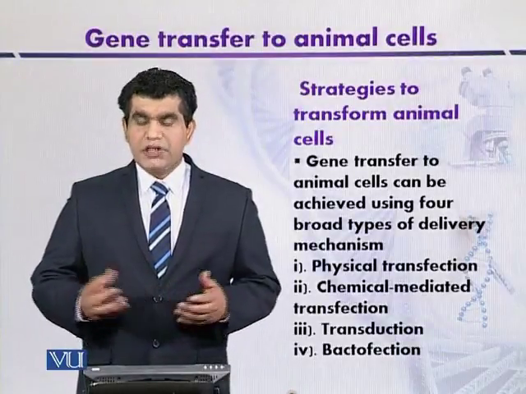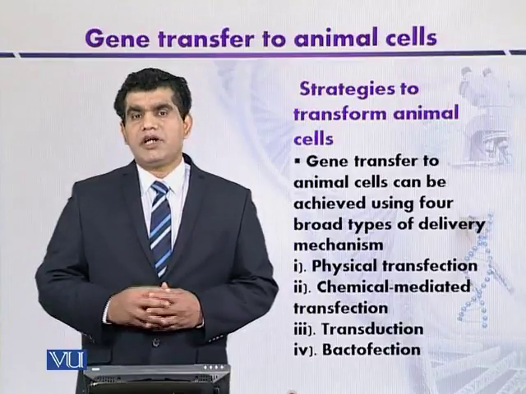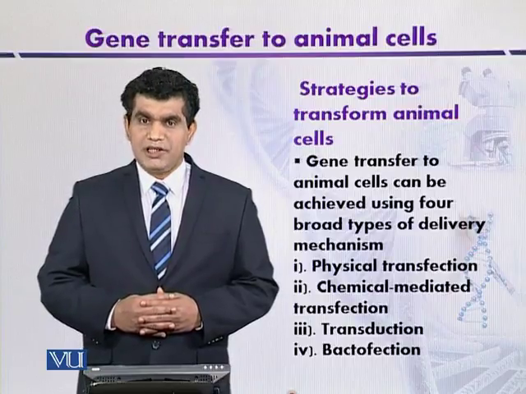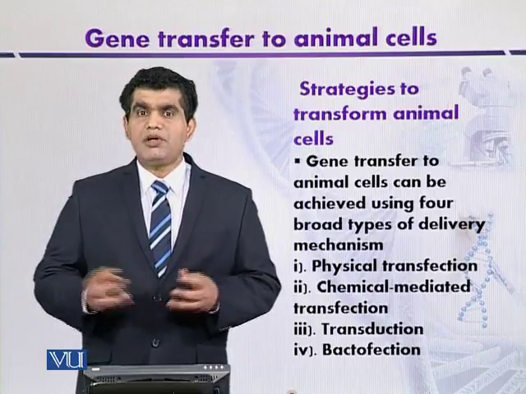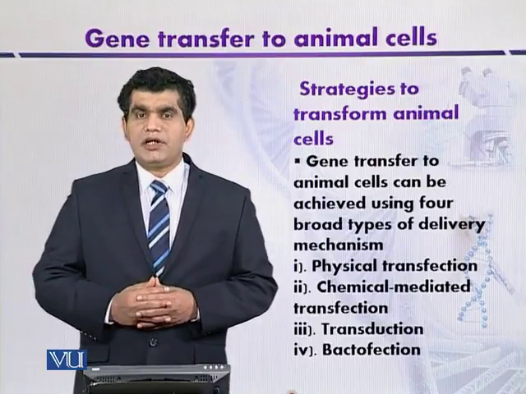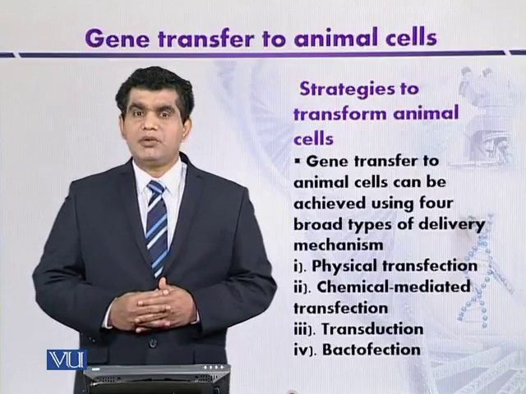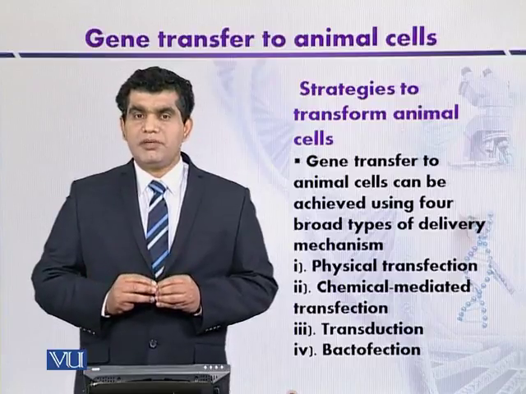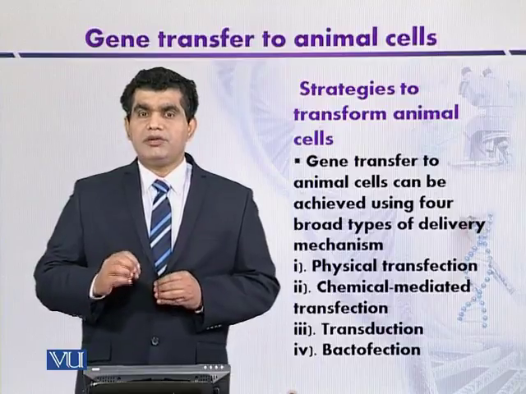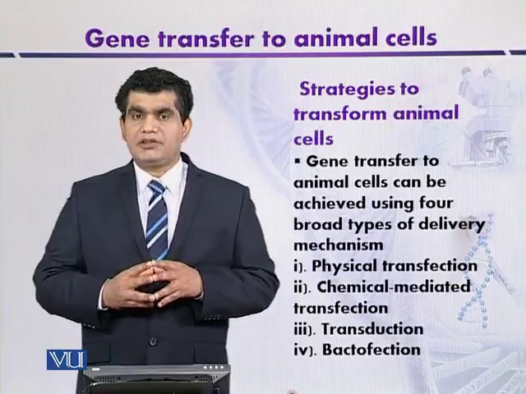Strategies to transform animal cells. So basically, 4 types of methods have been used to transform animal cells. And broadly, they can be categorized into biological methods or non-biological methods. Non-biological methods include physical transformation and chemical mediated transformation, and biological mediated transformation can be discussed under the headings like